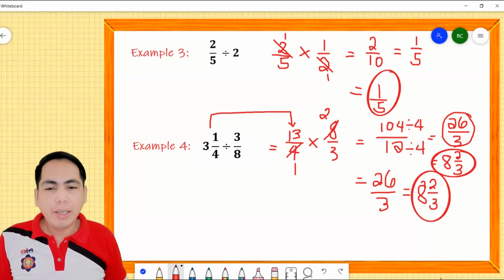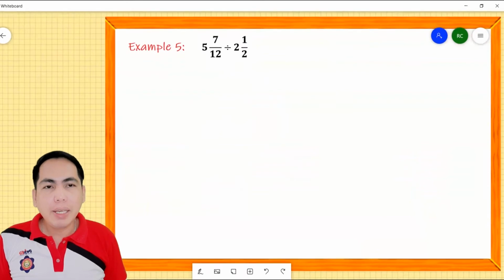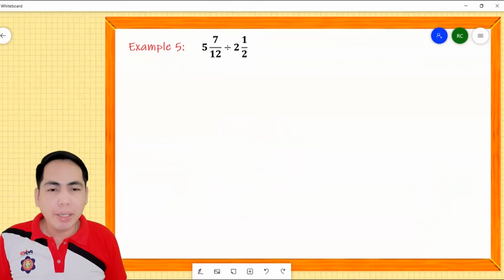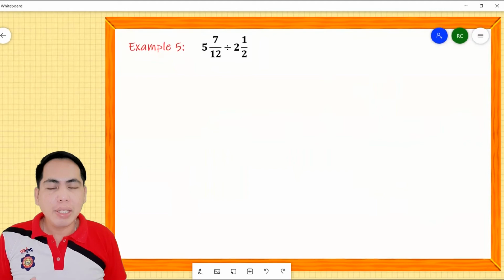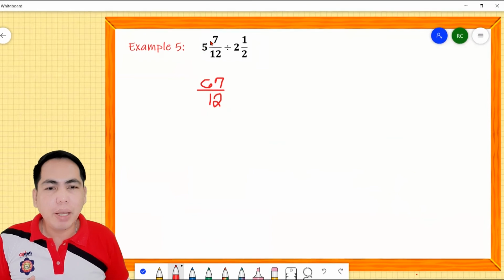And then finally, our example number 5. We have here a mixed number divided by a mixed number. So in this case, before we will perform the operation, we have to rename the mixed numbers into improper fractions. So let's begin with 5 and 7/12. 5 and 7/12 is equivalent to 67 over 12, because 12 times 5 will give us 60 plus 7, we have 67,